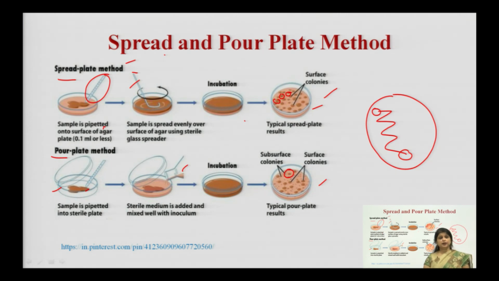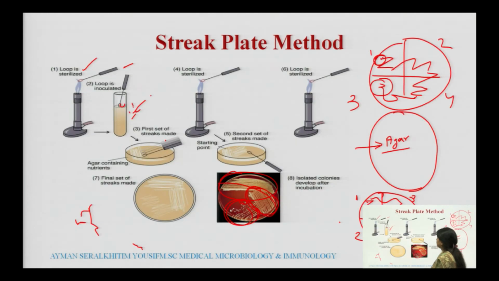added to the fresh media, and we get what we call pure cultures. We add these colonies into fresh media and grow them. These colonies will generate pure cultures, so those samples will now contain a single type of species. This is what we learned: first we covered the streaking technique, where we were doing the streaking.